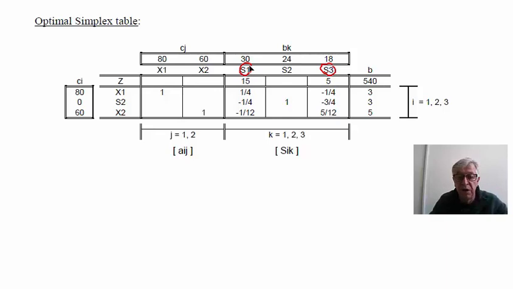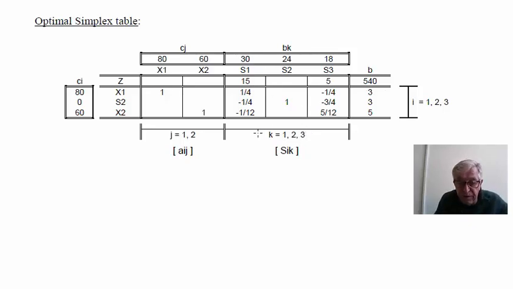complement this table with additional information. So we start by dividing the table in two parts: the part corresponding to the decision variables, which we call Aij. So columns here are identified by index j. J goes from 1 to 2, and in this matrix we consider the lines of the restrictions, which are identified by the indexes i, 1, 2, and 3. And we also have here this table, the table Sik, which corresponds to the slack variables. So here the columns are identified by index k. K goes from 1 to 3.